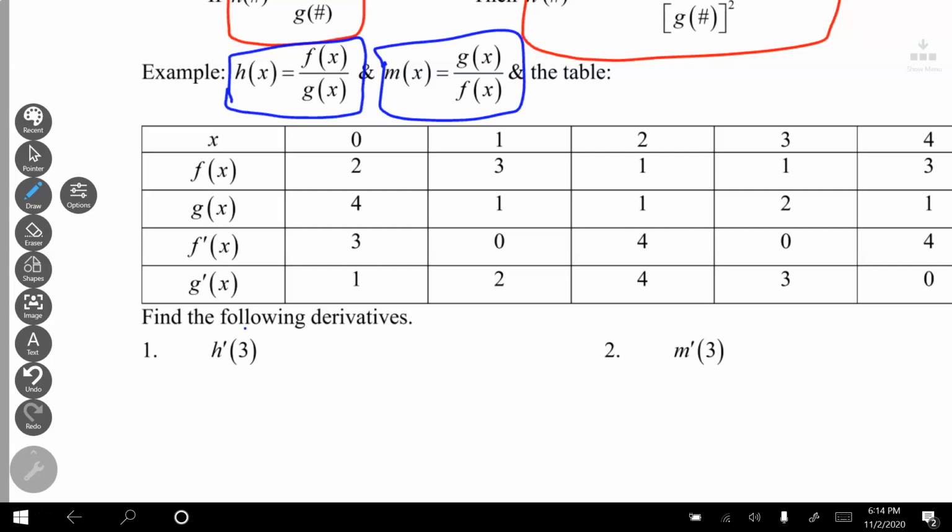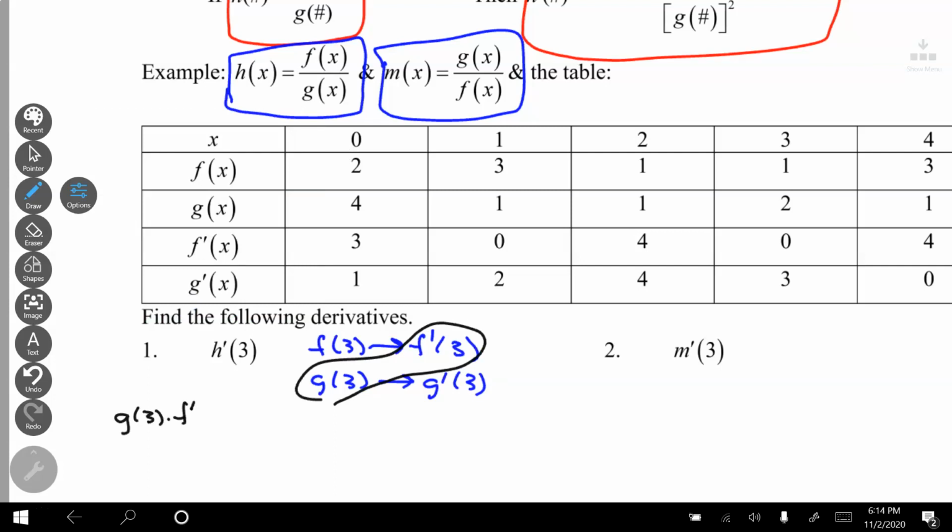So h is going to be f of 3 is the high, f prime of 3, g of 3 is the low, g prime of 3. I do my crisscross this way. g of 3 times f prime of 3 minus f of 3 times g prime of 3 over g of 3